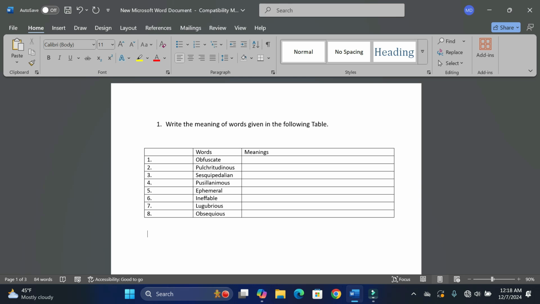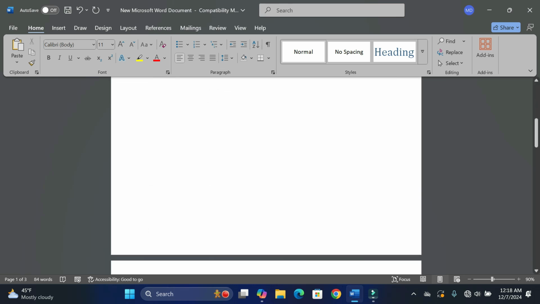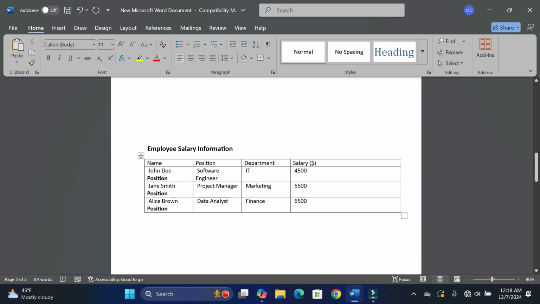vocabulary. The hiding the text option can also be used if you want to hide some sensitive information in a document. For example, here we have employee salary information. We have three guys in different positions in different departments with their salaries given over here. Suppose we want to send this particular document to someone, but we don't want their salary information to be conveyed